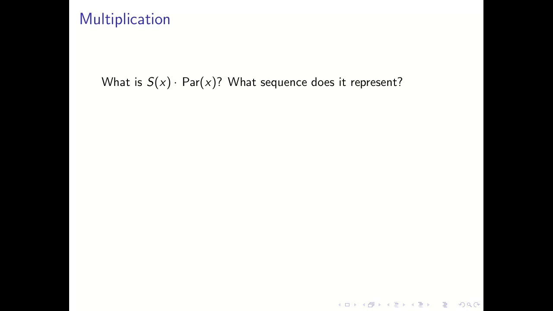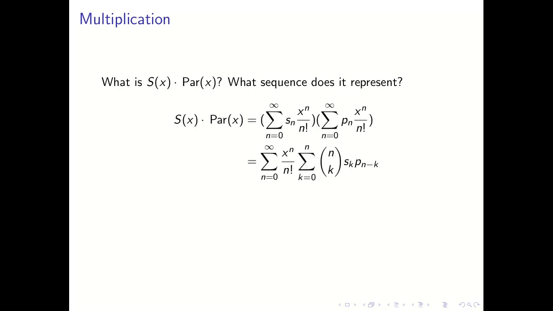So if we were to multiply the sequences, well, we know the obvious thing to do with sequences would be to multiply each of the elements in turn, right? So I would take the nth element from the first sequence, I would take the nth element from the second sequence, I would multiply them together. Now, that's not the wrong way to define multiplication per se, but it's not the natural way we do it, because when we do it with polynomials, what we do is we have to distribute across and then collect like coefficients.